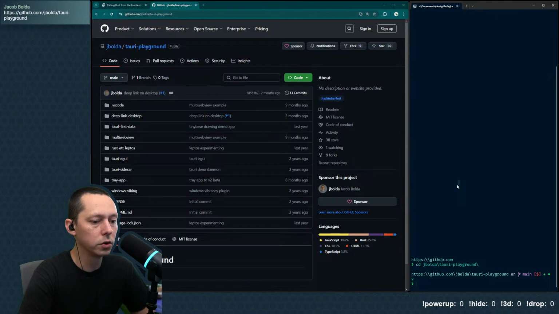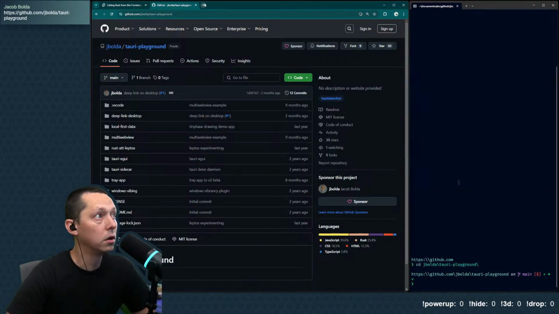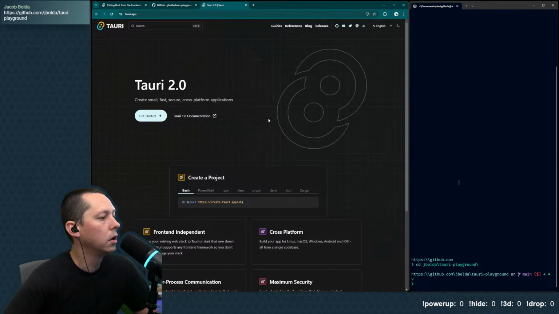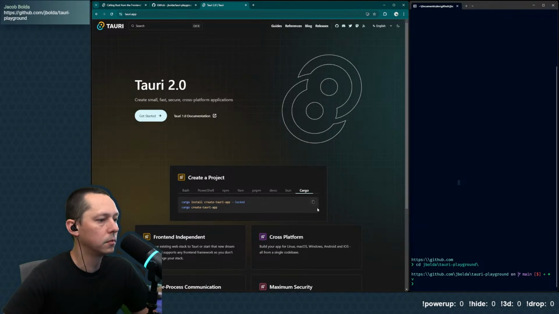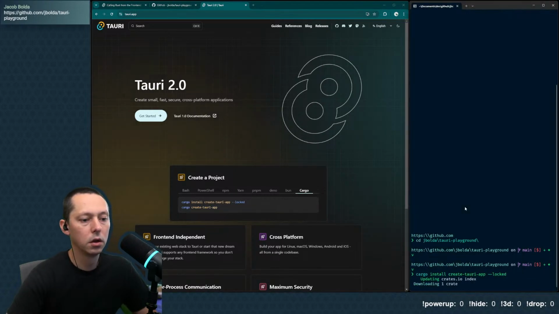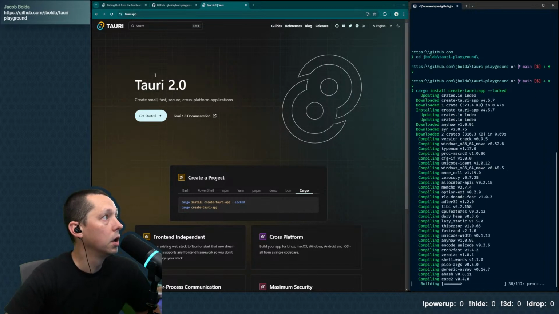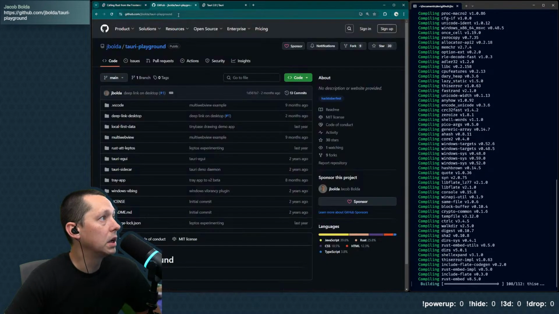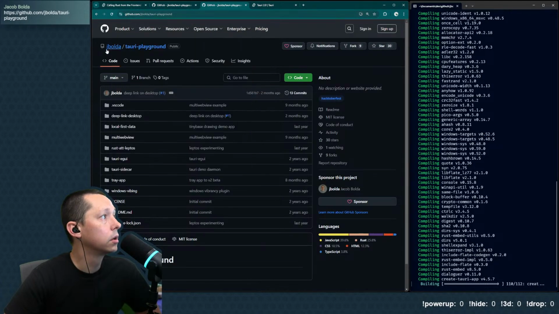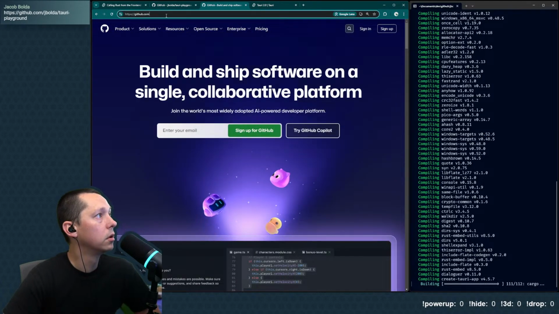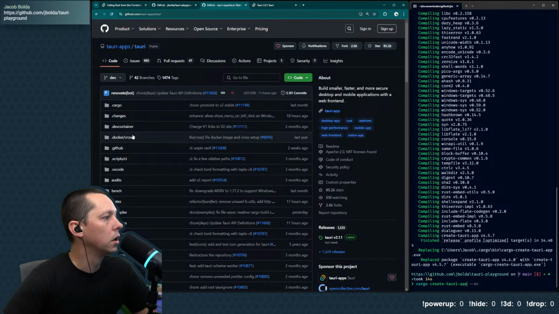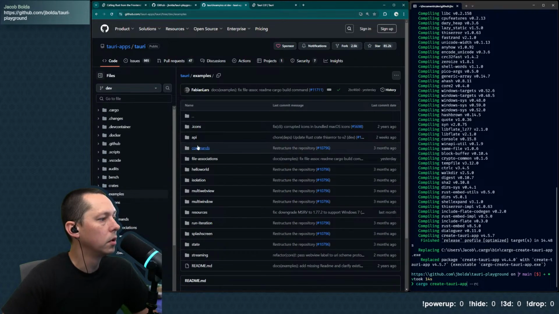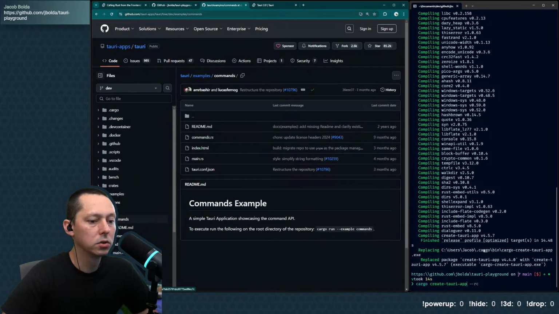Okay, so what we're going to do first is a create Tauri app, and I want to double check and confirm that I've got the latest. We'll do cargo. Yeah, sure, why not? And we'll create a new app, and then I'm going to copy and paste bits from the command example. In the Tauri repo, there is an examples folder and commands. So this will be our starting off point.